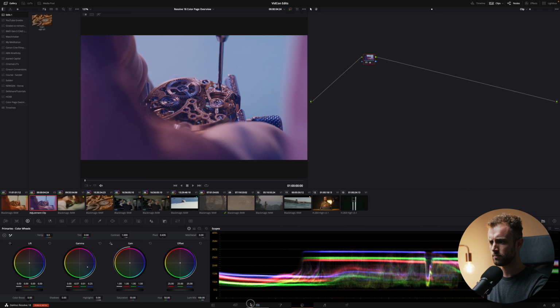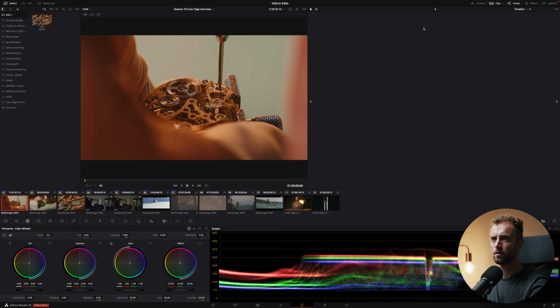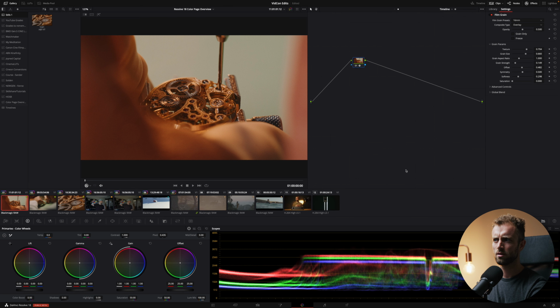All right. So the cool thing about Resolve is that you can use that timeline function, and that will affect all the clips in that timeline. So for example, if you want to put film grain on your entire film, you can do that here. You don't have to do that one individual node on every clip. You can just put a node here by pressing Alt S and then go down, film grain, put it in there, and you're good to go.